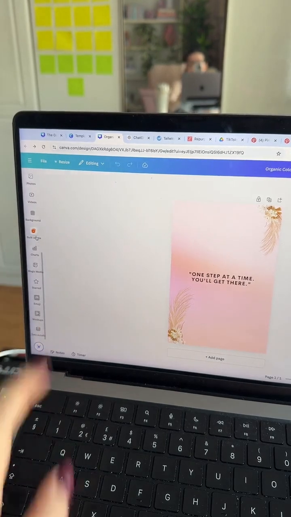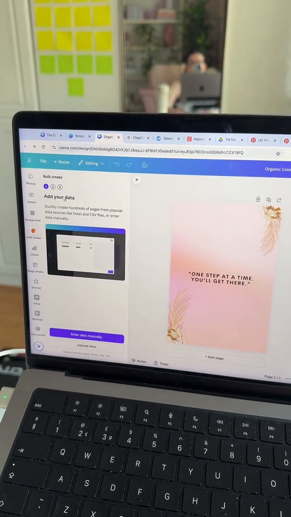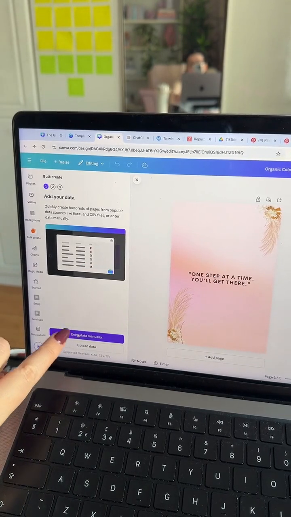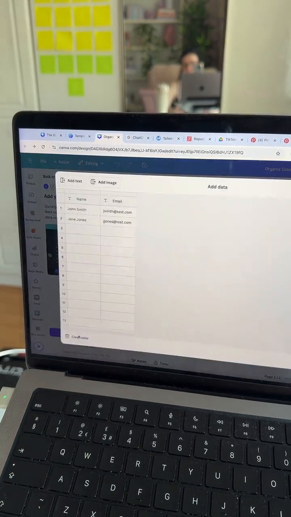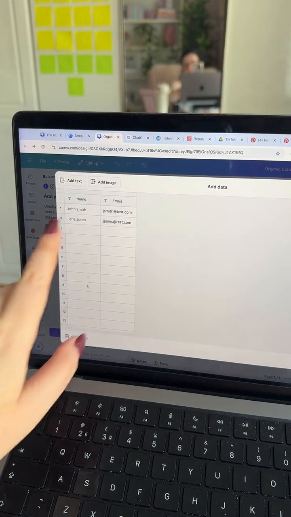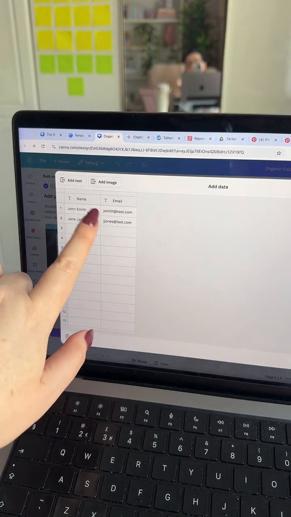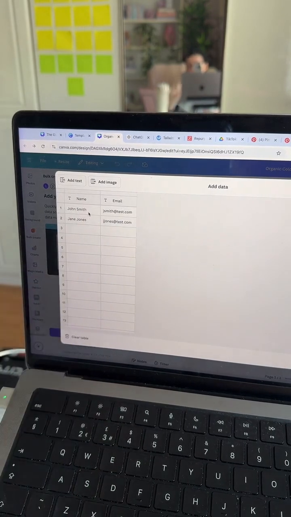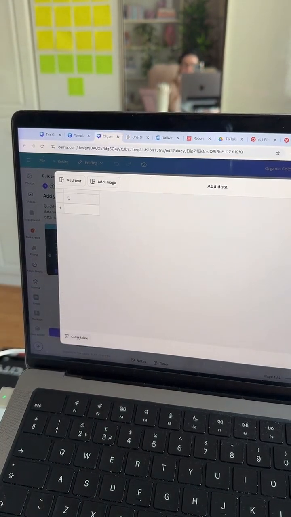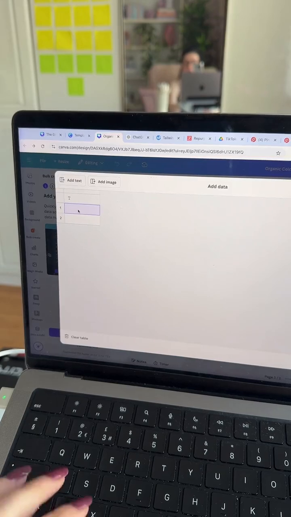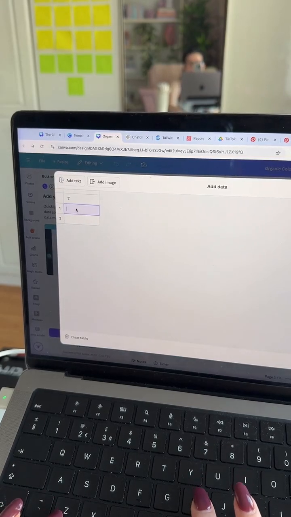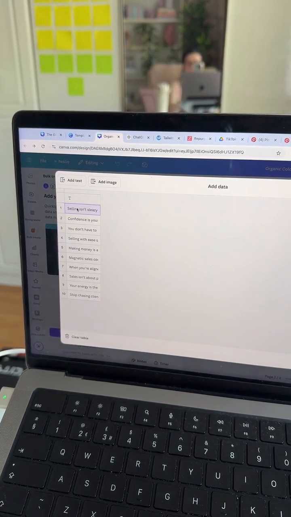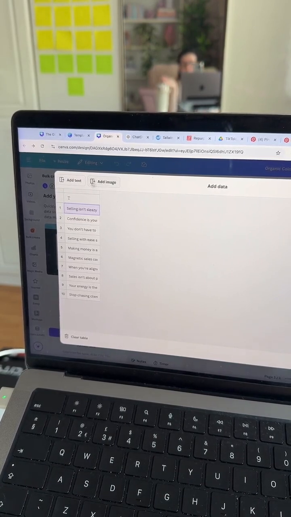Okay, so you're going to hit that bulk create, right? And it's going to ask you to add your data. So you're going to hit this button here, enter data manually. And it's going to bring up this table. Now, the first thing I'm going to do is go clear. It always has John Smith in there. True story. One of my uni boyfriend's name was John Smith. I'm going to clear that table. And then I'm going to paste in what I've just copied over from ChatGPT. Okay, so there's the first 10.